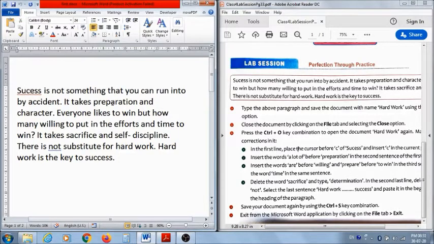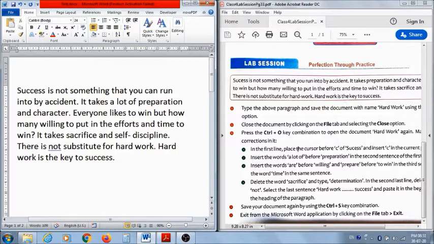Just click on the desired position and type C. Now next green bullet tells you insert the words a lot of before preparation. So let us find out preparation. Yes, in this second line we have preparation. So what you have to do, I have to insert. So as you get the cursor over there, you can just start typing. Your text gets inserted.